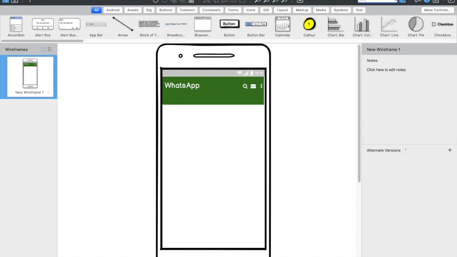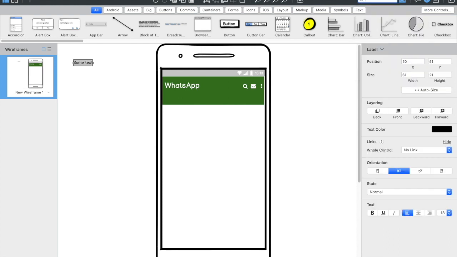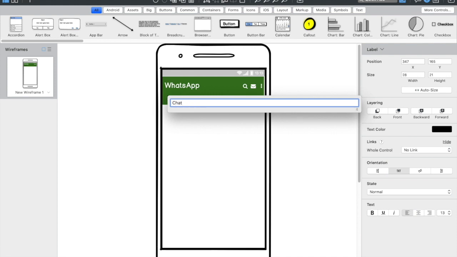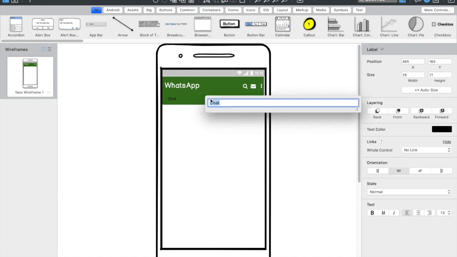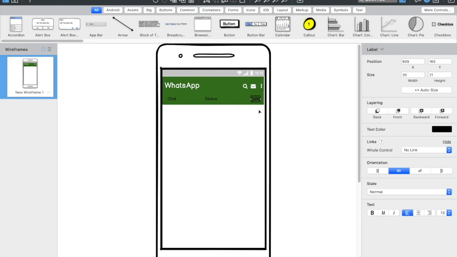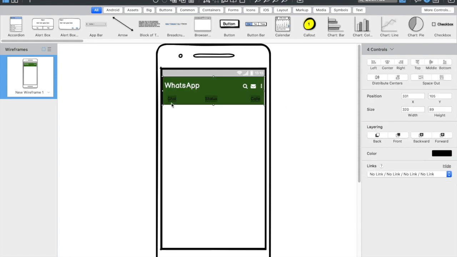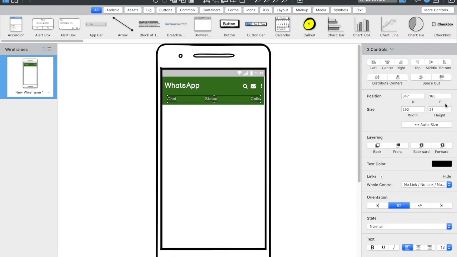So let's create another label of text and place it here and change the name to chat, copy paste here, copy paste. In case you want to copy that, for Windows it's probably Control plus C, and on the Mac Command plus C as usual. So the second one is status, and the third one is call, as I am remembering the latest text of WhatsApp nowadays. And all three I want in white. Make sure, okay. All right.